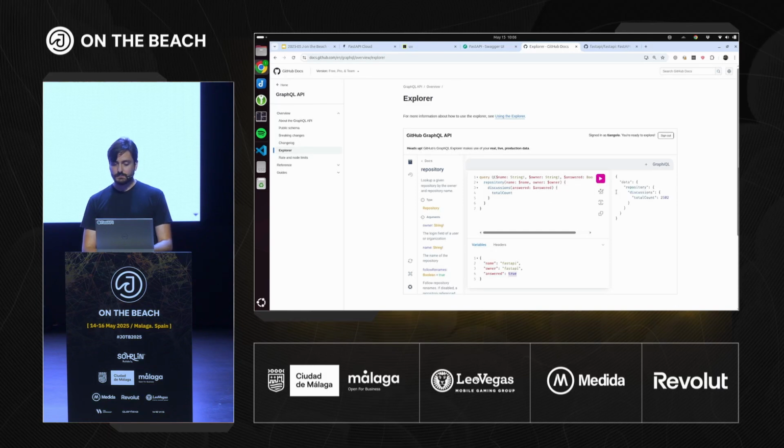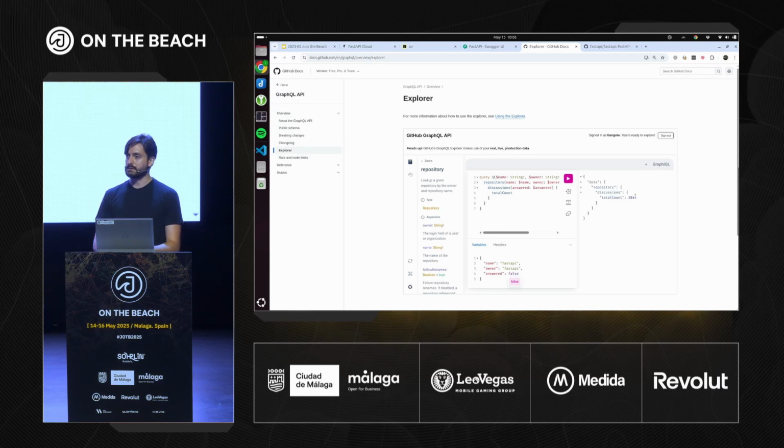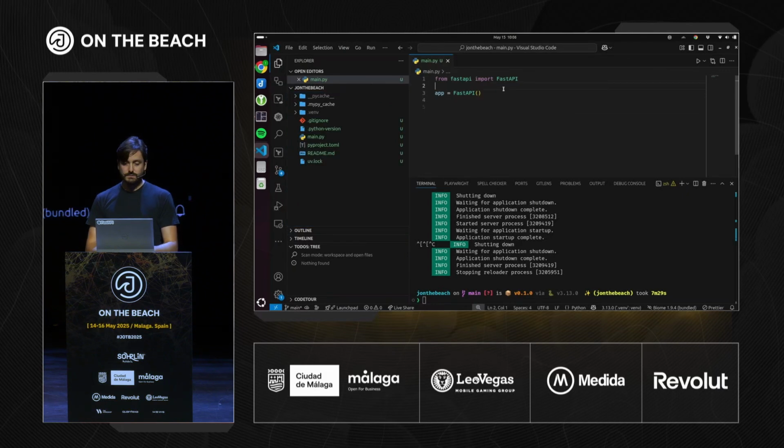We execute this, and then we get the response back that we would expect. So there have been 2,000-something that have already been answered. Now, if we say, give me the ones that have not been answered yet, then we get another number, telling us which ones are still missing an answer. This is what we are going to use. So I'm going to copy this thing, and I'm going to put it here. Actually, no, let's create another file so we can test it out.